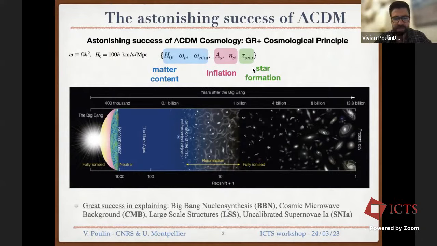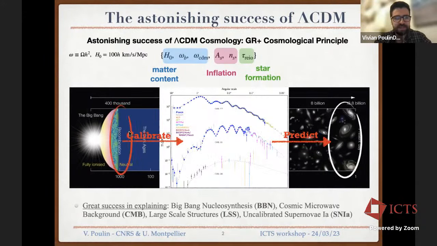And broadly speaking, it's a very good model to explain a whole variety of probes. The idea is to use information from the early universe, in particular the cosmic microwave background and its beautiful 2-point correlation function in Fourier space here. The power spectrum has been measured by various experiments that are in broad agreement at 2 sigma. And we can calibrate this 6-parameter model and predict the behavior in the late universe. And this has worked very well until, I would say, the past 5 years.